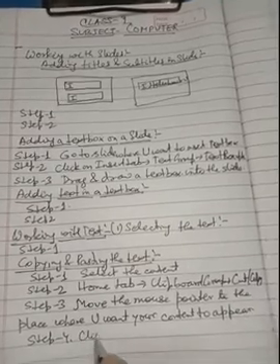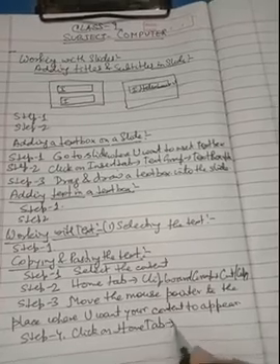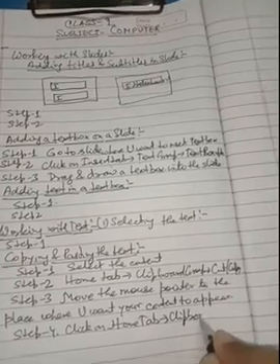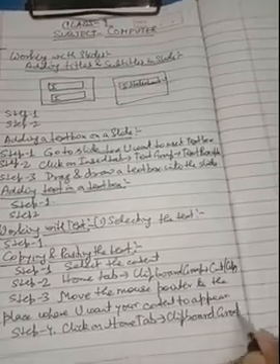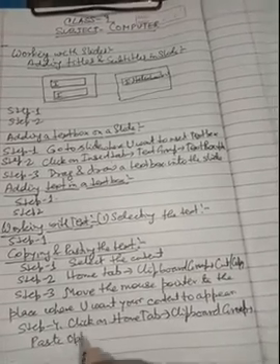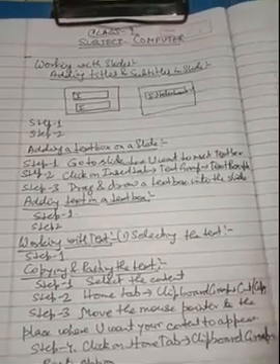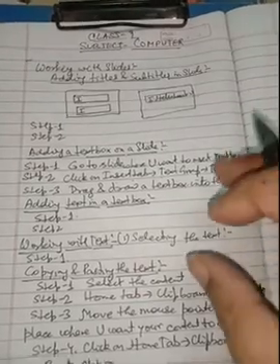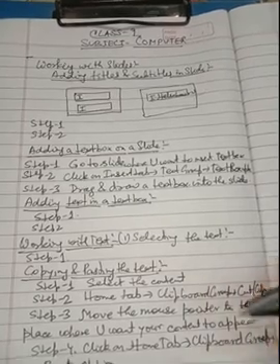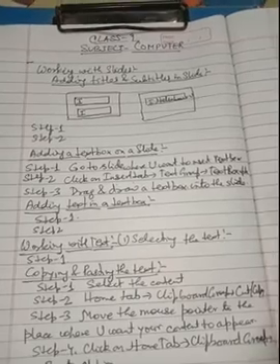So click on home tab. From the home tab, click on clipboard group, and from the clipboard group, click on paste option. So what does the paste option do? It brings the content that is stored in the clipboard memory to the particular desired location. You can also right click and choose the paste option from the context menu in order to bring the content from the clipboard memory to the desired location.